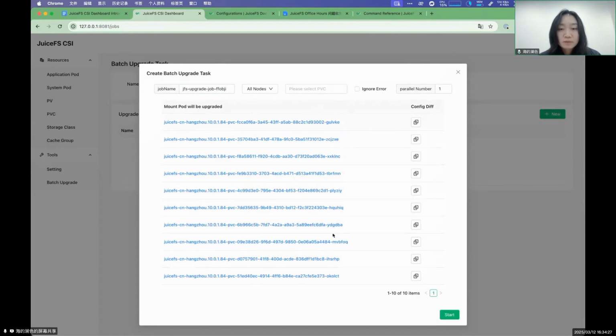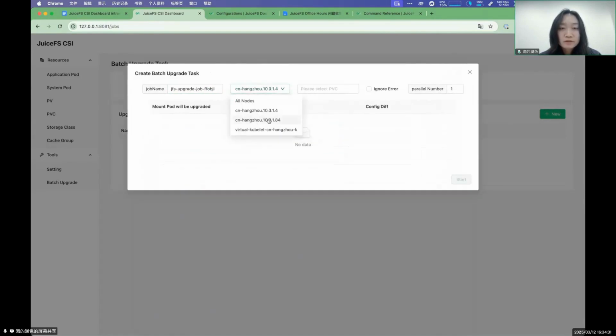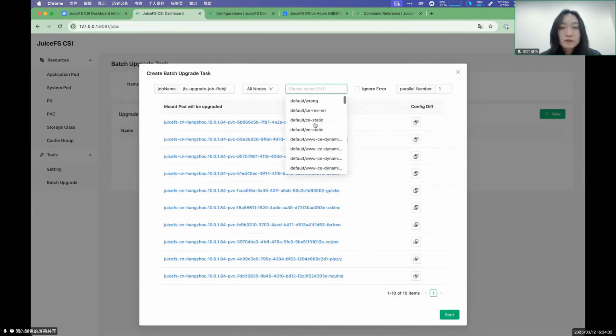When creating a new batch upgrade task, you can choose which nodes it will apply to, or select all nodes. You can also specify which PVCs to update. For this upgrade, I will only update this specific PVC. During the entire upgrade process, should I ignore errors and continue updating? Also, regarding the level of the upgrade, after I select these parameters, there will be below